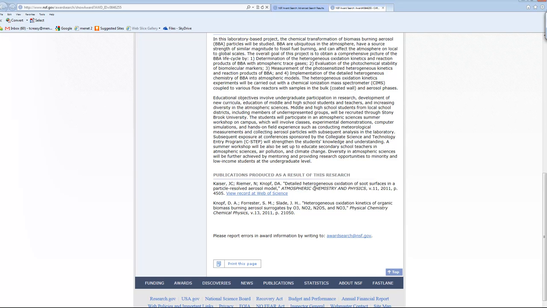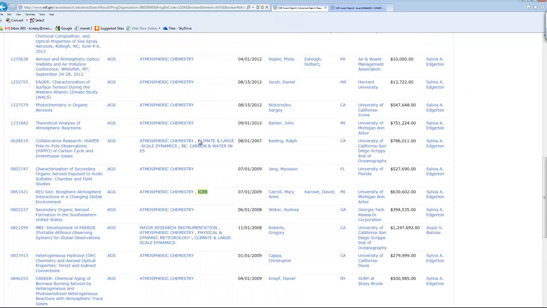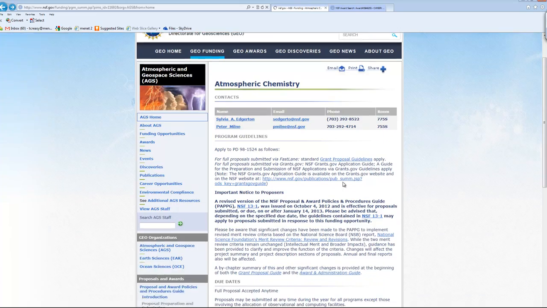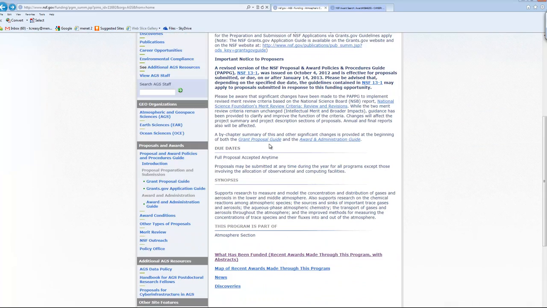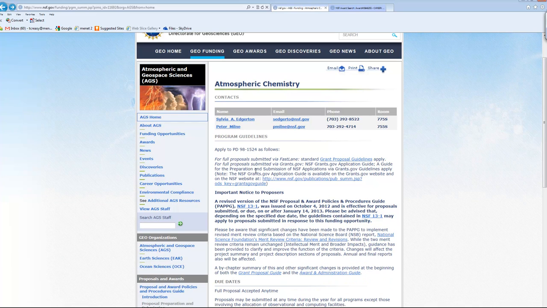Again, you can look in more detail, see what they actually did, and if this is something that is similar to what you're doing. So once you've figured it out, okay, it looks like I've honed in on this, now I'm going to go back to this program, and here are the program officers. Some programs call them program officers, some call them program directors, and then you can talk to them. And I think that's a very good idea